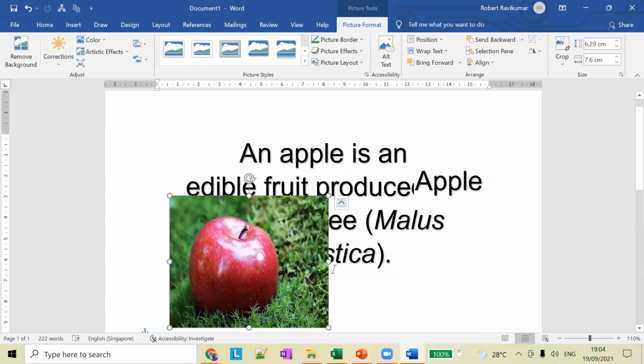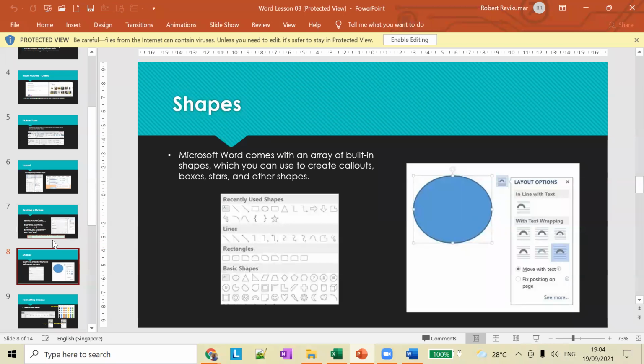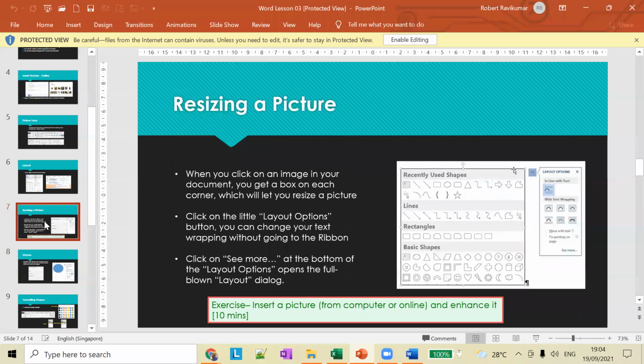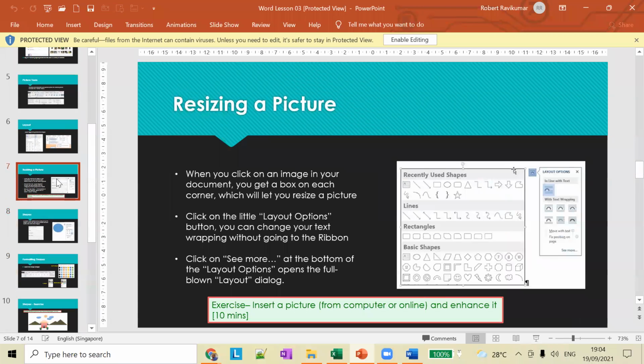But if you want a specific size, you can select the picture, go to the picture format here, and insert the size here. This is how you resize the picture in the document. So that's it about picture formatting.